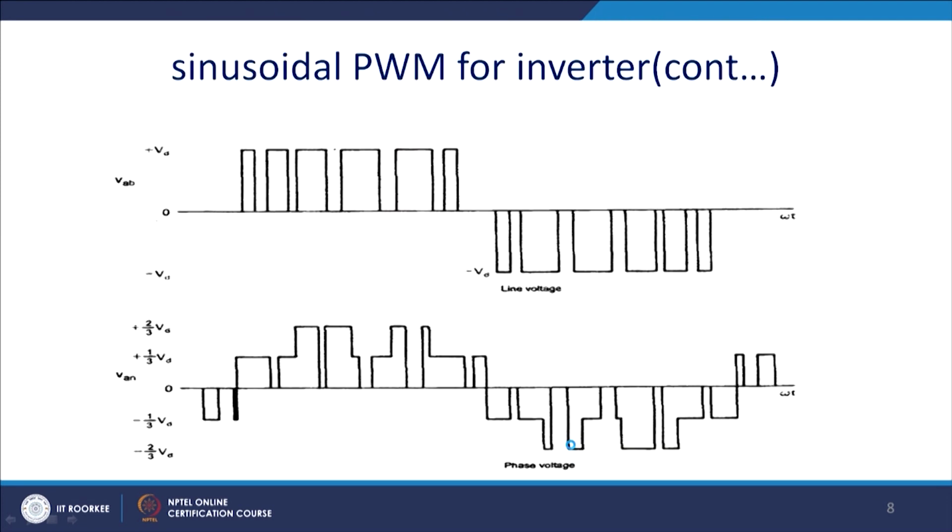Now, one of the beauties of it is that this is a line voltage, where you subtract VBO, and this is one of the phase voltages. You see that the line voltage may have a huge amount of harmonic content, and sometimes it will be bipolar in nature, but you will find that the line voltage is unipolar and the harmonic content is considerably low.